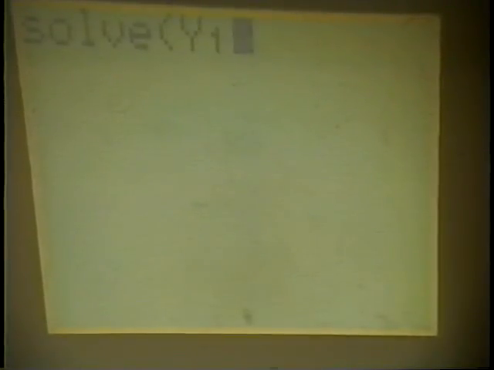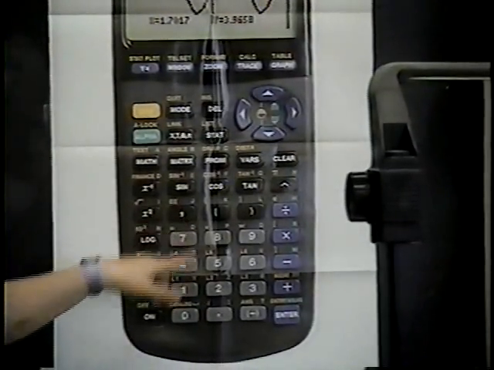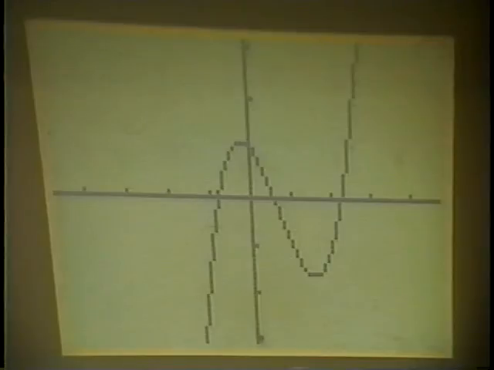Now I'm going to hit the comma. The comma is directly above the 7, so comma. And I'm going to actually write down that the variable is x. Put in the variable x, then comma, and I need a guess. Now, let's go back to the graph. There are 3 roots for this equation. You have to point it in the right direction. Okay? So if I'm looking for